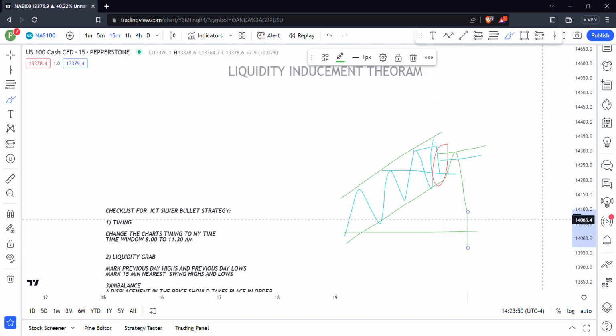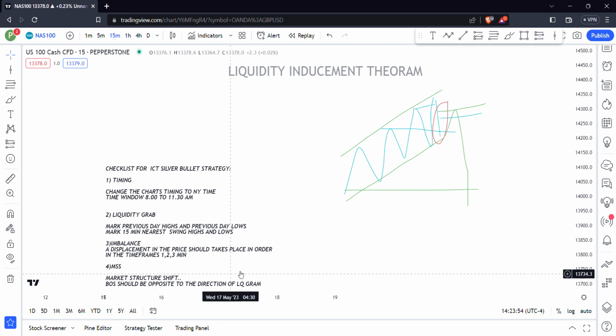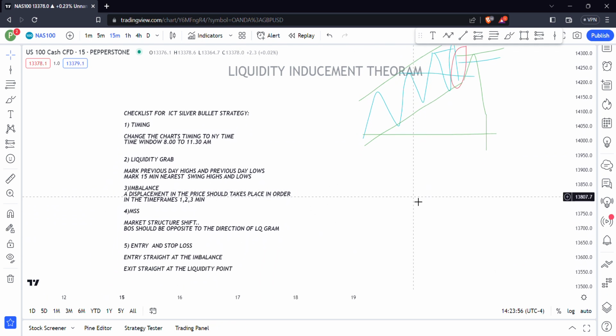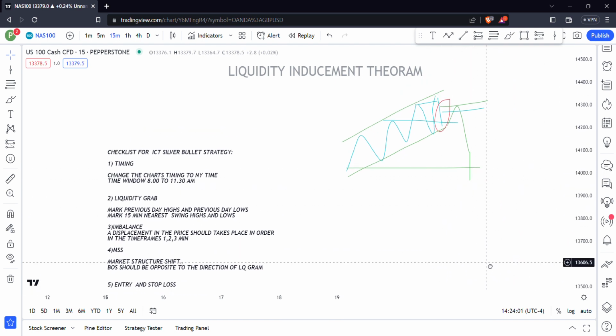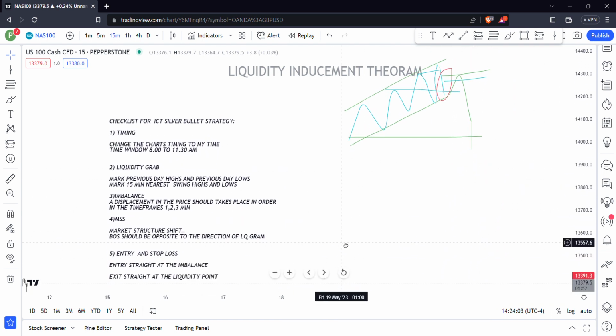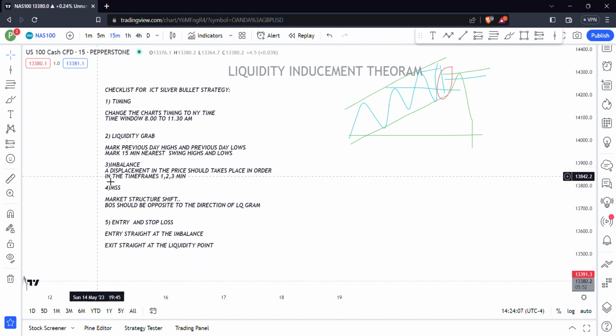This is a very simple strategy, man. If you understand liquidity, then you can conquer the markets. It took me 5 to 6 years to understand the single liquidity concept, and I am telling you in minutes. It's very easy. You are learning from Forex professional guys. Yeah, imbalance, and I swear I thank ICT.